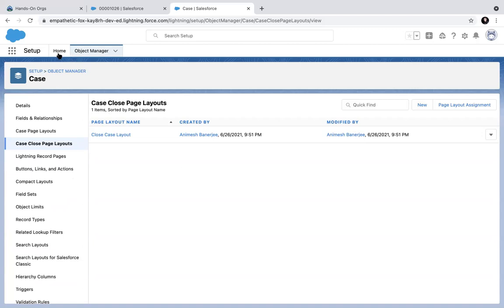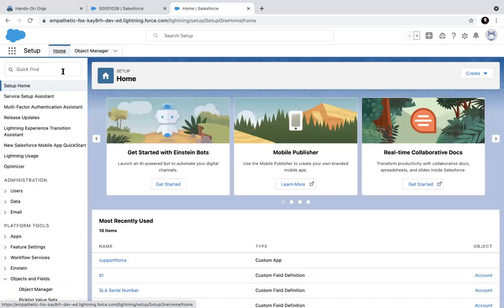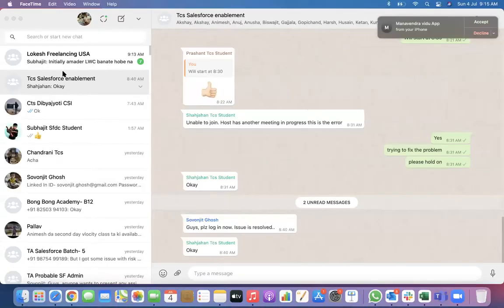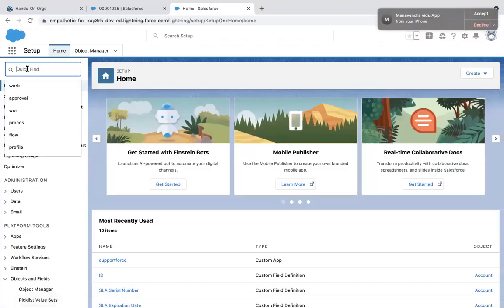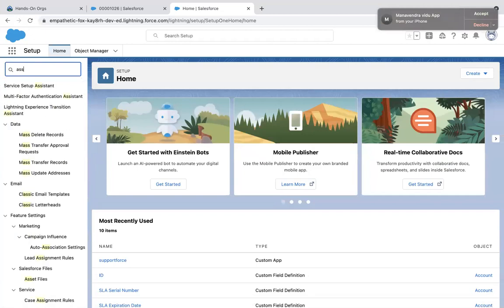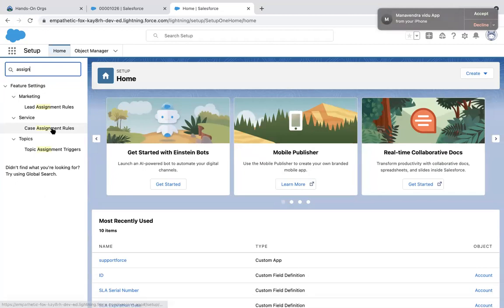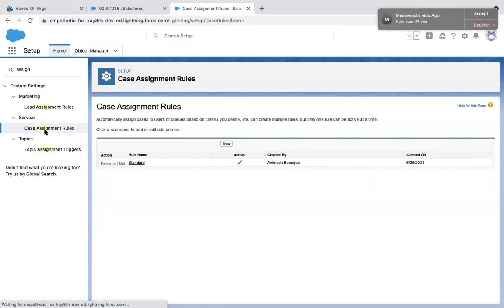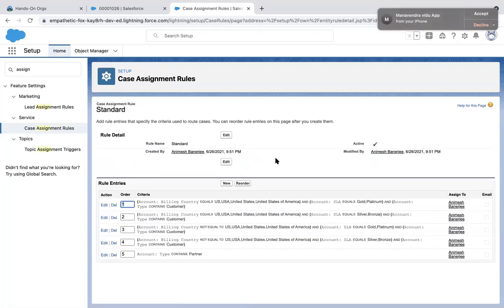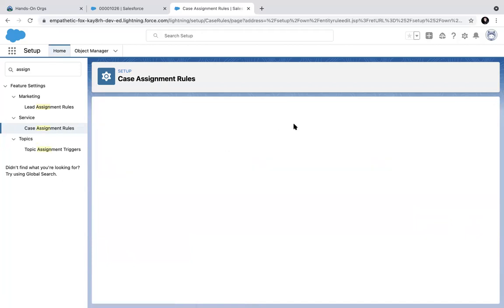Now let's go back and see the rules we were talking about. So if you go to case, case assignment rules. I think I created something. Or you can create your own assignment rules. It's very easy to create. So when you go and